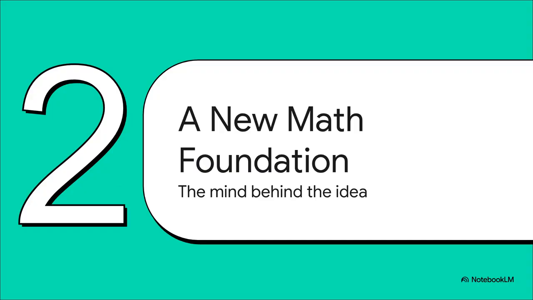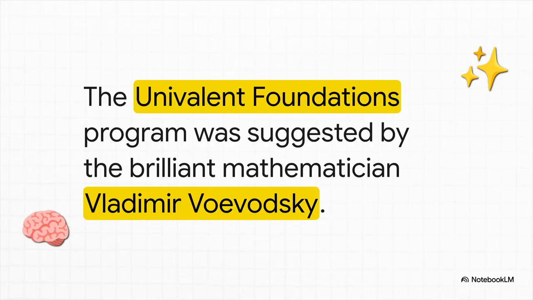Now, an idea this huge doesn't just pop into existence, right? It takes a special kind of genius, a truly visionary mind, to see connections that pretty much nobody else was seeing. And that mind belonged to Vladimir Voevodsky. We're talking about a Fields Medalist here, which, for those who don't know, is basically the Nobel Prize for math. So Voevodsky was this brilliant guy working right at the crossroads of a bunch of super complex fields. And he realized, you know what? We need a better, stronger foundation for the kind of math we're doing today.